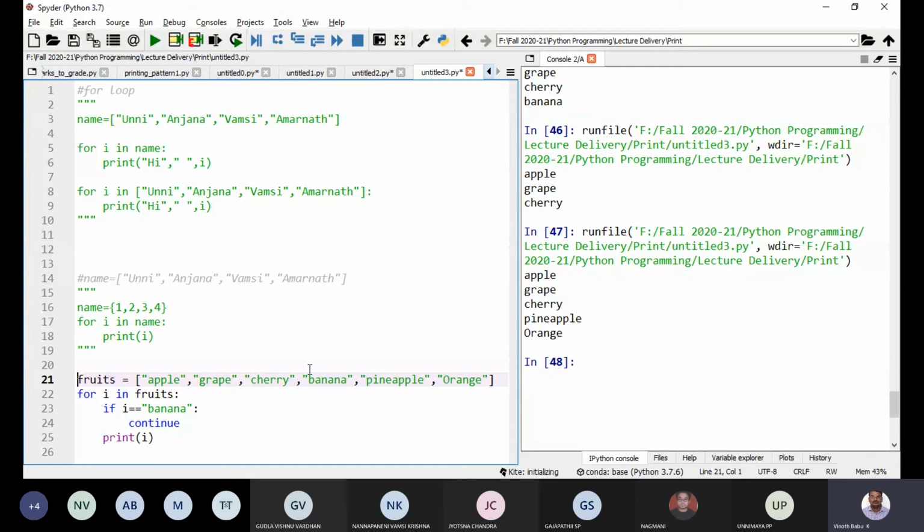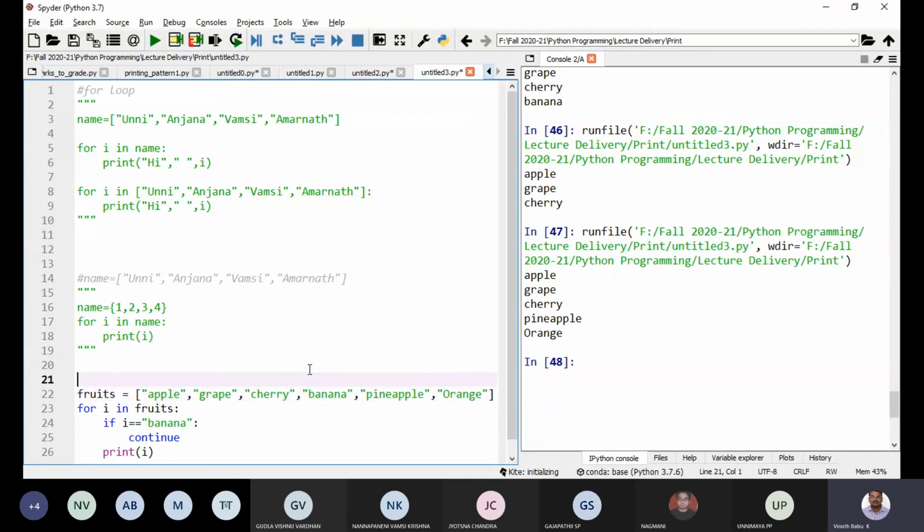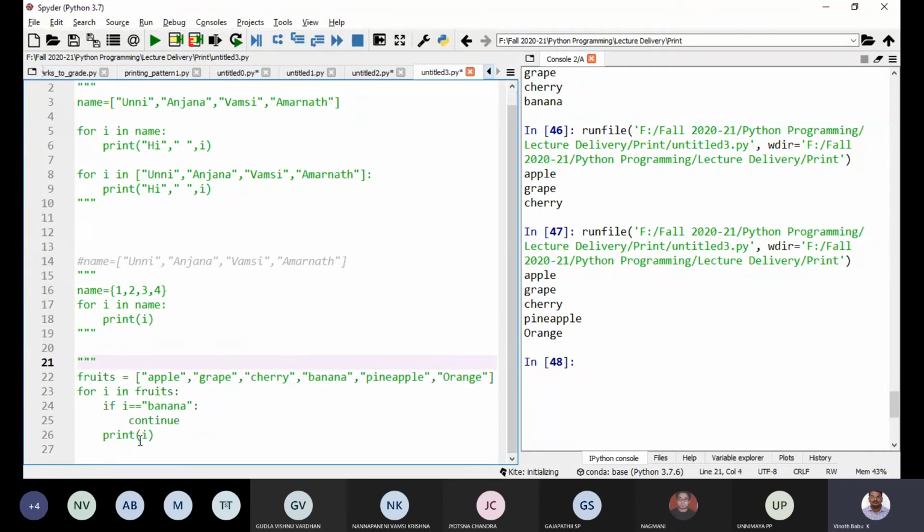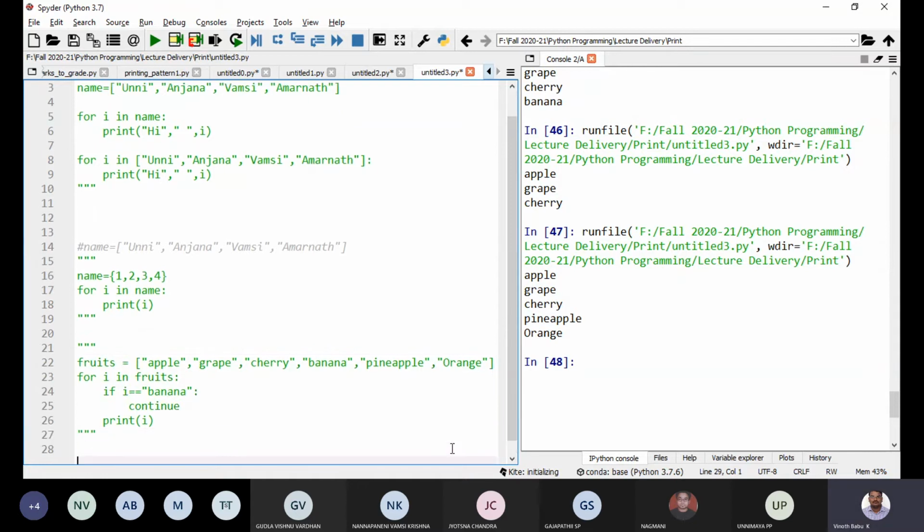So the next important thing in the loop is the range function.